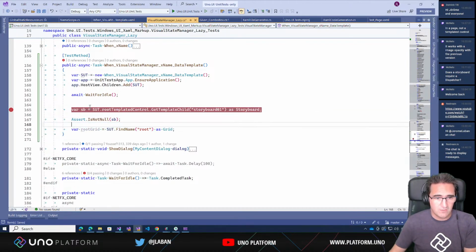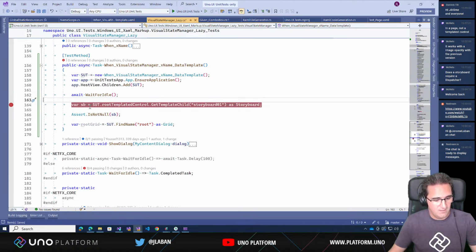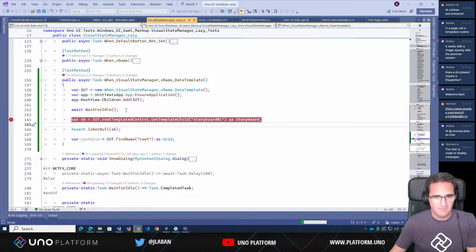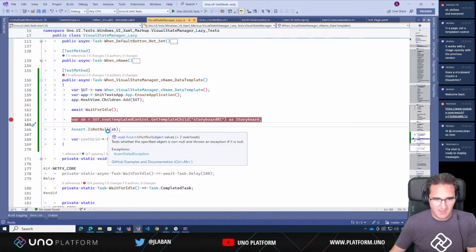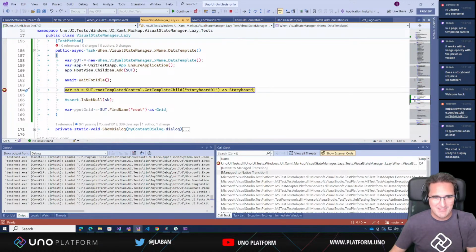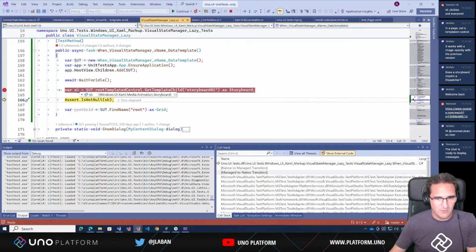Maybe if we do get the storyboard, it's interesting if we want to do some additional materialization. Okay, so let's see if we get something better then. Okay. I like the fact that the build is a lot faster than it used to be. So if you've been following me for a while, you can see that it has changed quite a bit. Okay, so do we have a storyboard? We do have a storyboard. So that means that the test is working